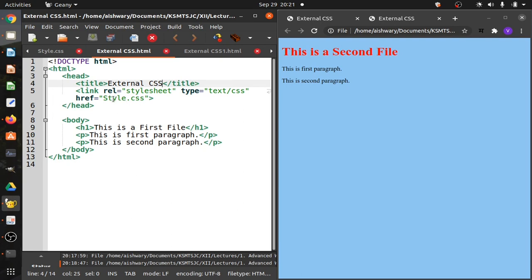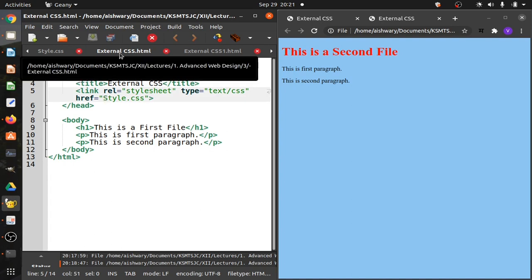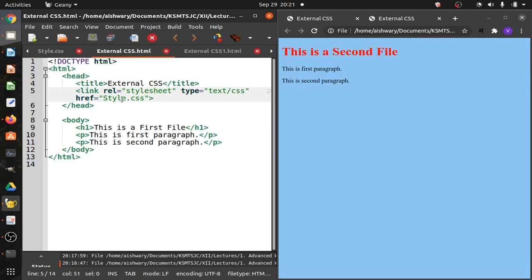Now once again, it's a relative addressing, which means the path is relative to where the external CSS HTML file is, and in that directory itself, if the style.css external style sheet is present, then we can put the name only. If this style.css external style sheet is present somewhere else in some other directory, we'll have to put that parent directory here as well, and that will be relative to the directory of the external CSS. In short, we have to put the relative path of the external style sheet here. We can also put the specific path here.